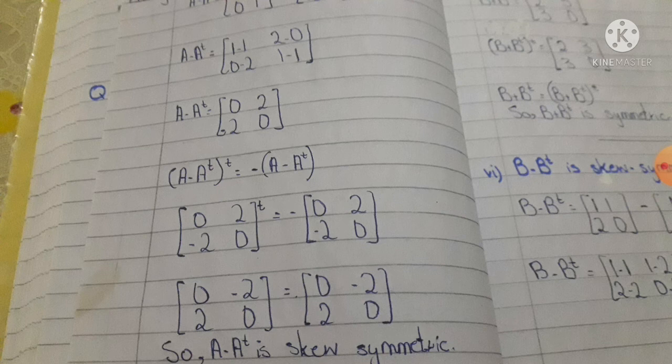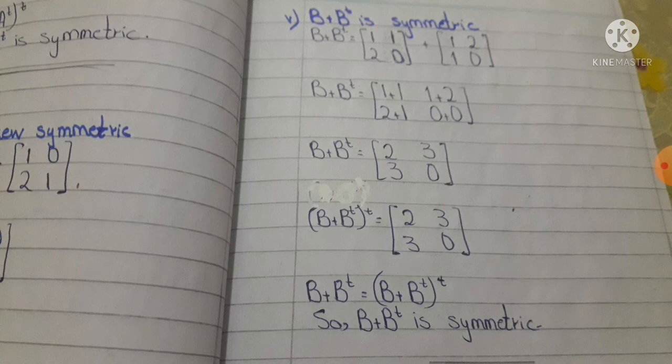And the negative of the matrix [0, 2; -2, 0]: we have to multiply with a negative sign, we are getting [0, -2; 2, 0]. So in this case, both sides are equal, so we can say that it is skew symmetric. If it is not equal, then we can say it is not skew symmetric. Then the same method which we have used for part number 3, we can use for part number 5, and we will come to know that it is also symmetric.